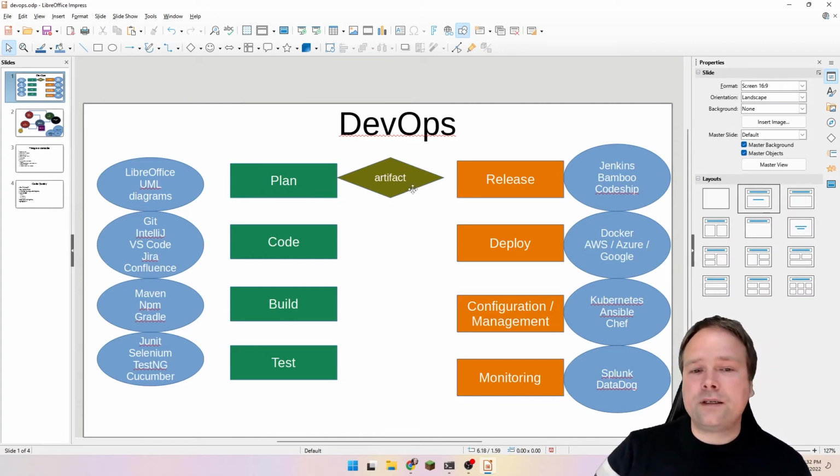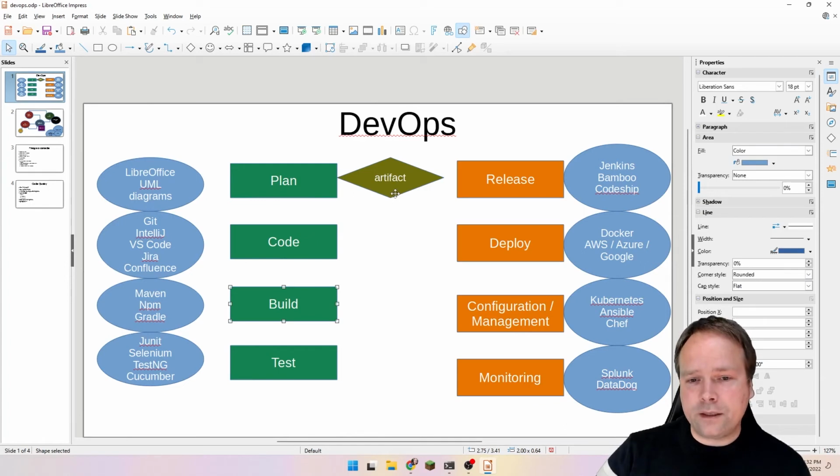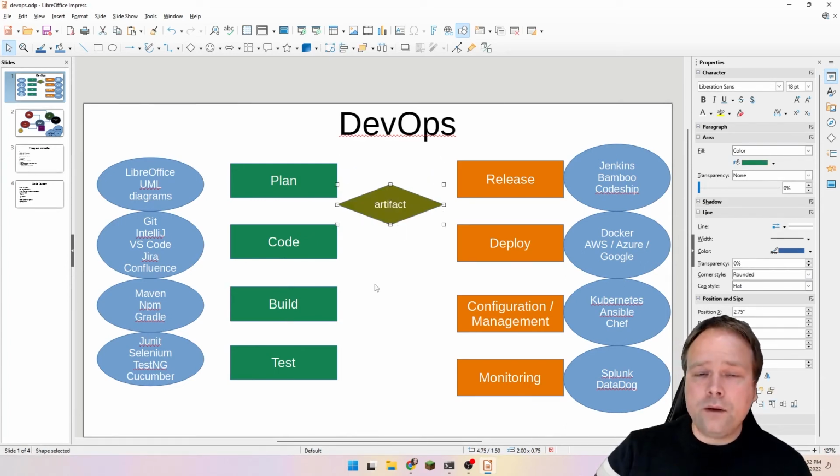What is difficult and where the work lies is usually to create the Docker file in the build process. You need to know about the clouds also, because you need to know how to deploy something into the clouds. And I would definitely recommend you look into Kubernetes if you don't know about that. And also Docker Swarm is quite good. You also need to know how to deal with configuration management, because maybe you need to know about some Ansible scripts or Chef scripts or Helm 3